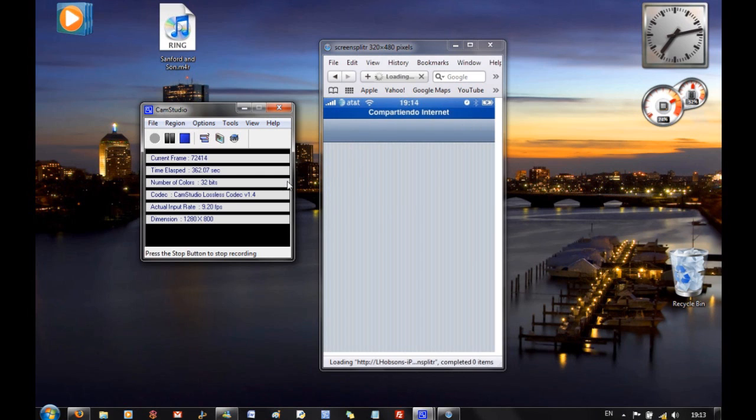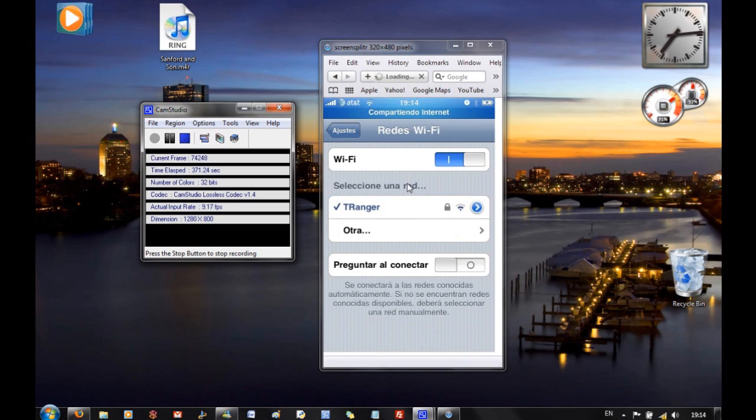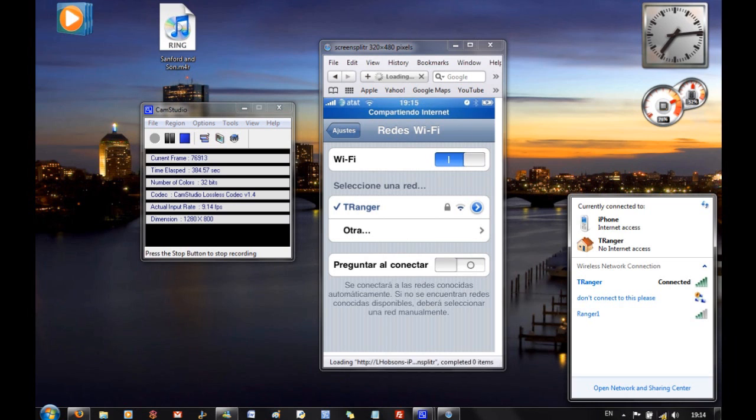You're going to go into Wi-Fi and pick a network. Make sure it's on and pick a network most convenient for you. Once you've done that, on your computer, make sure you're also connected to that same network. For me, it's T-Ranger. For you, it's whatever that is. Once you're sure both devices are connected to that network,